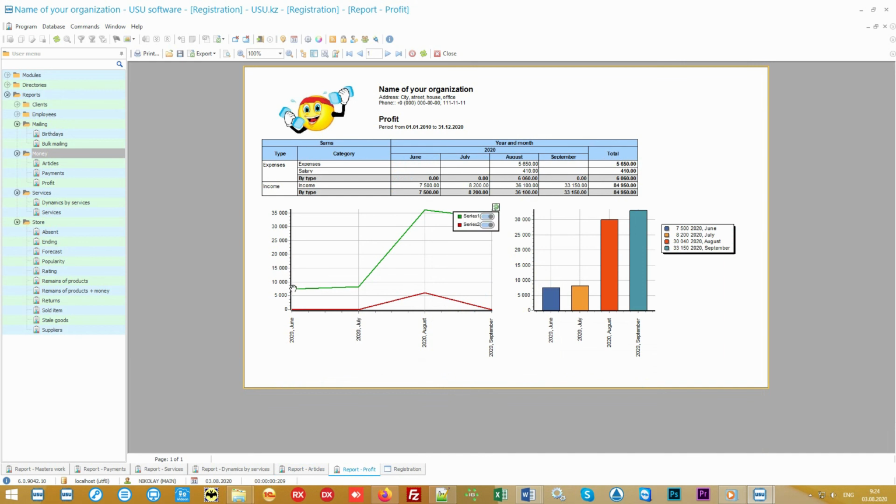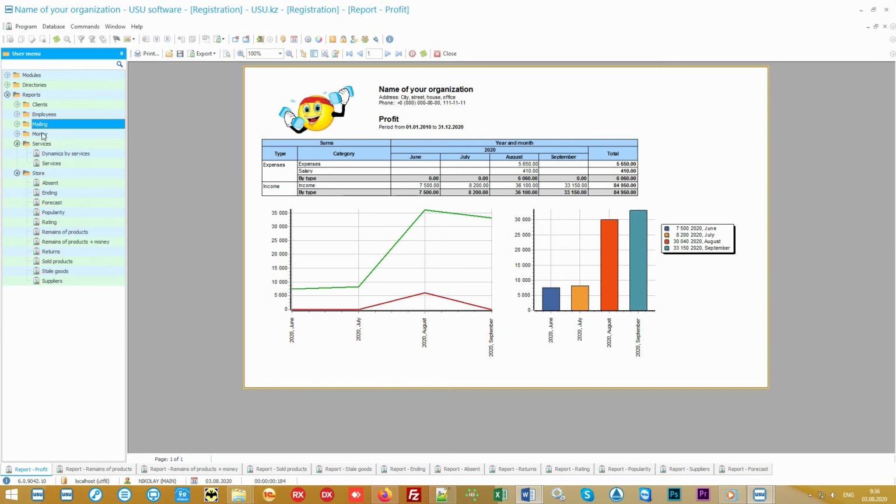in your company. For example, here the green line shows the income and the red line shows the expense. Profit for each month of your hard work is also automatically calculated, which, with the introduction of our program, will certainly become greater. In addition to financial accounting, the accounting of goods is also a considerable problem. Let's see how you can also keep this issue under control with the help of a special group of reports